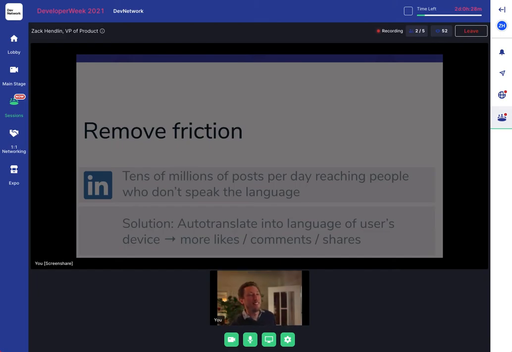Another example. There's a theme here. Removing friction is great. We were looking at the data when I was at LinkedIn, and we found that there are millions and millions and millions of posts viewed by people who don't speak the language of the post. And you can think about this